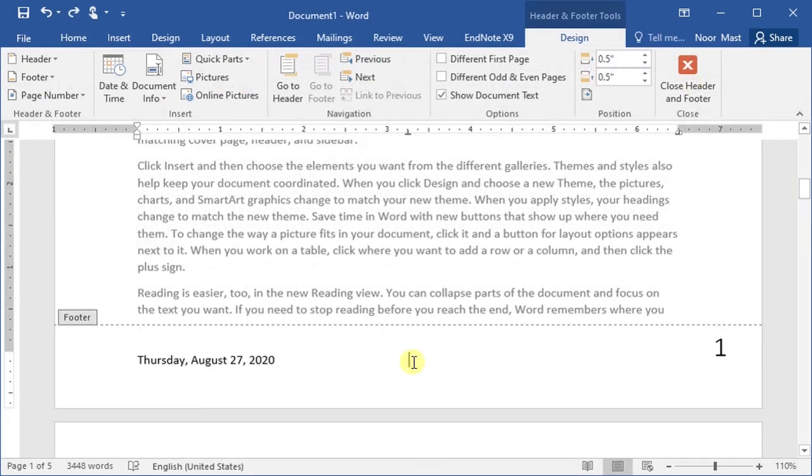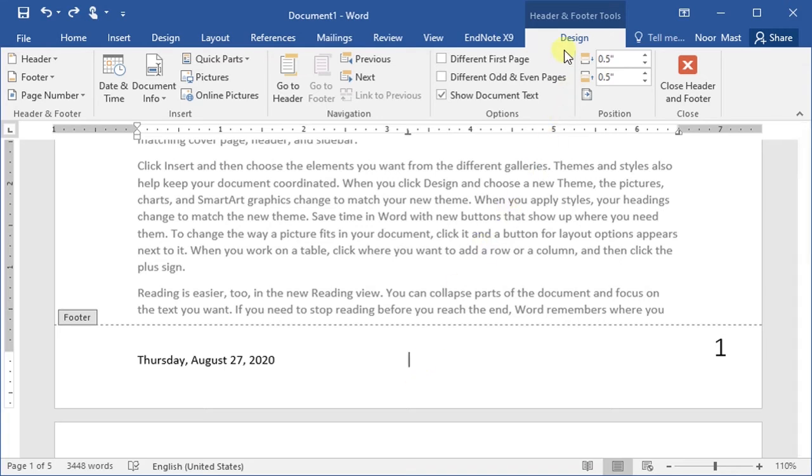If you want to add the document info to the header or footer section, then the command is available on the design tab. So first of all, you select the header or footer where you want to put these information. Suppose we want to insert these information in the footer section. So we are already in the footer section.